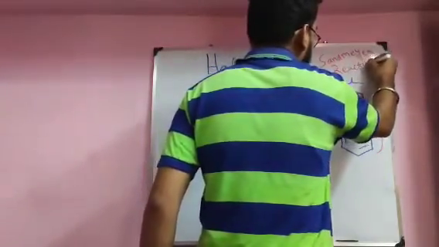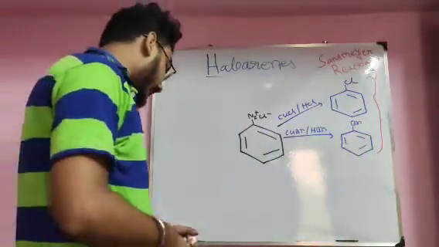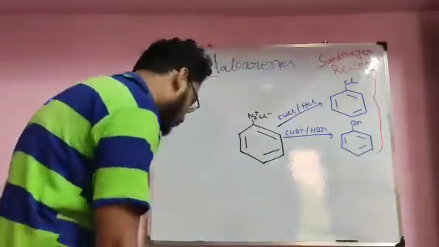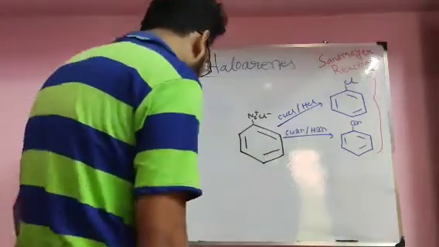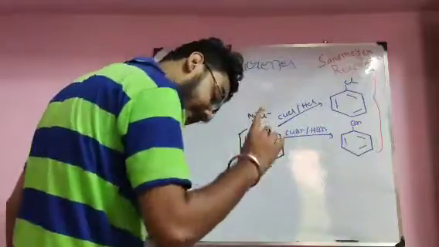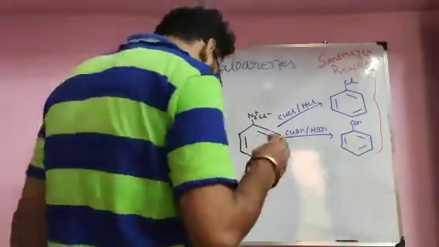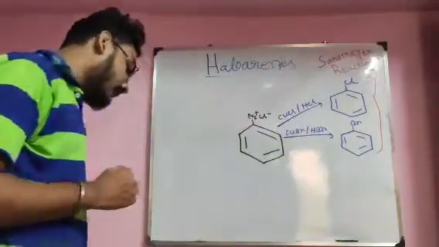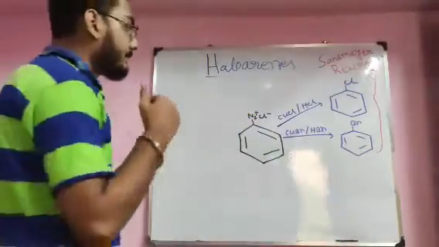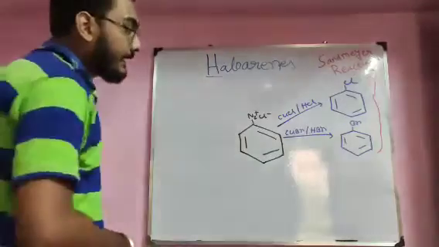What Sandmeyer reaction says is that when freshly prepared benzene diazonium chloride reacts with CuCl dissolved in HCl, then chlorobenzene or bromobenzene is produced. Okay. Next,